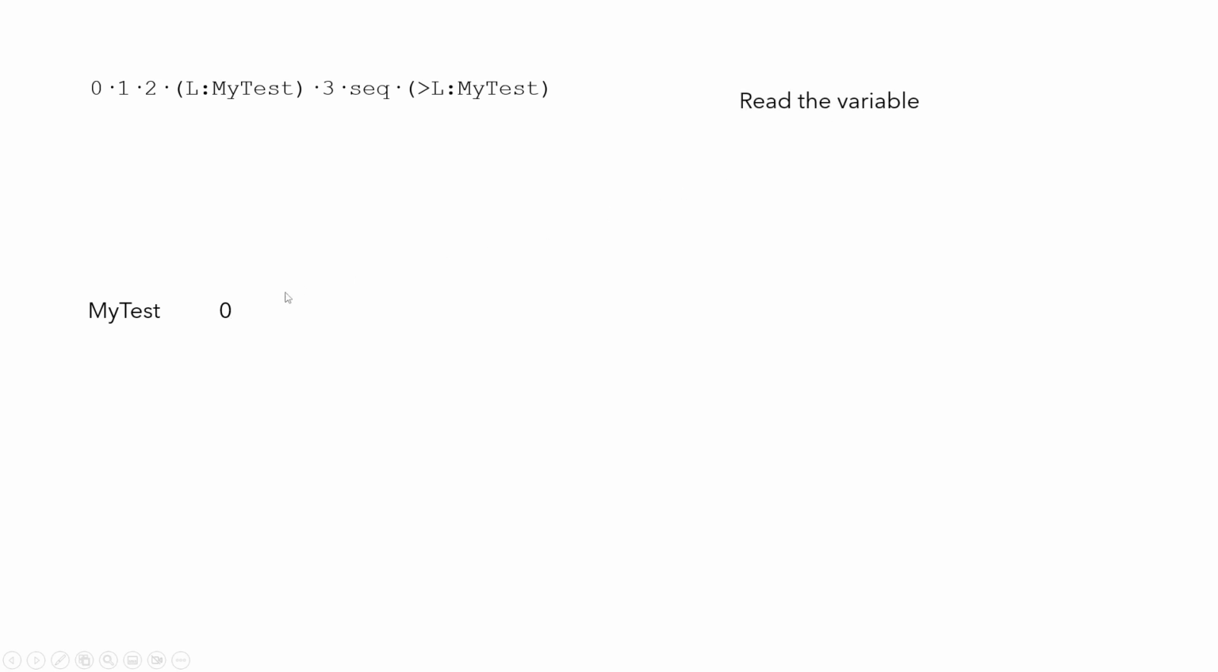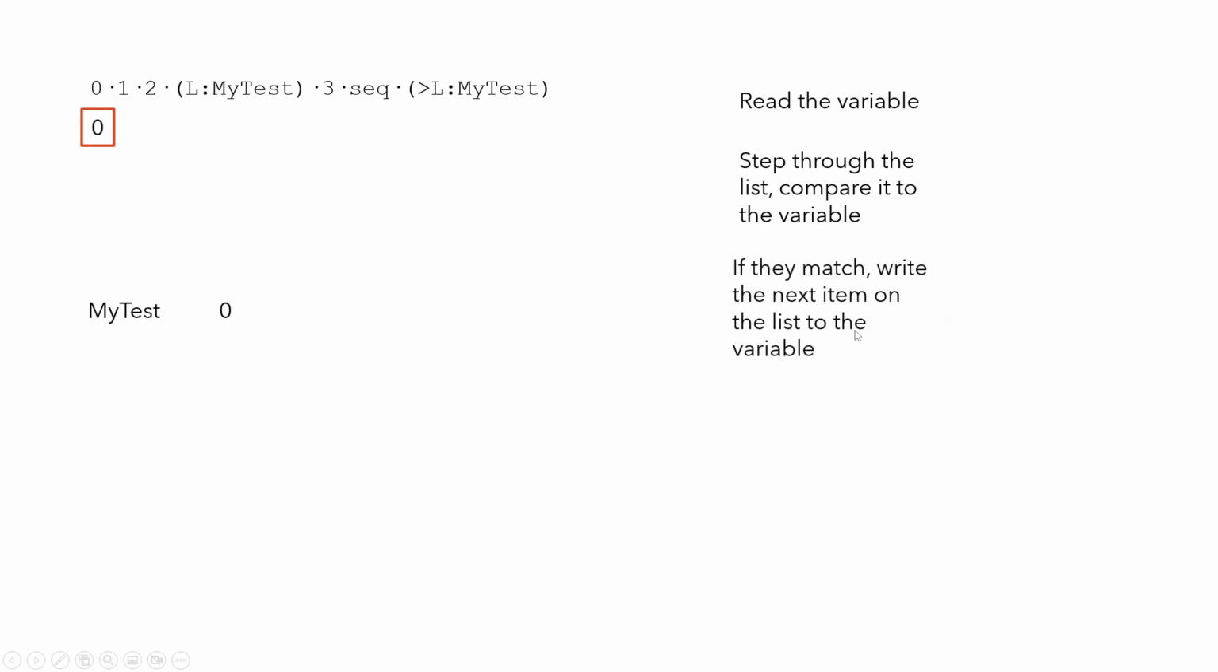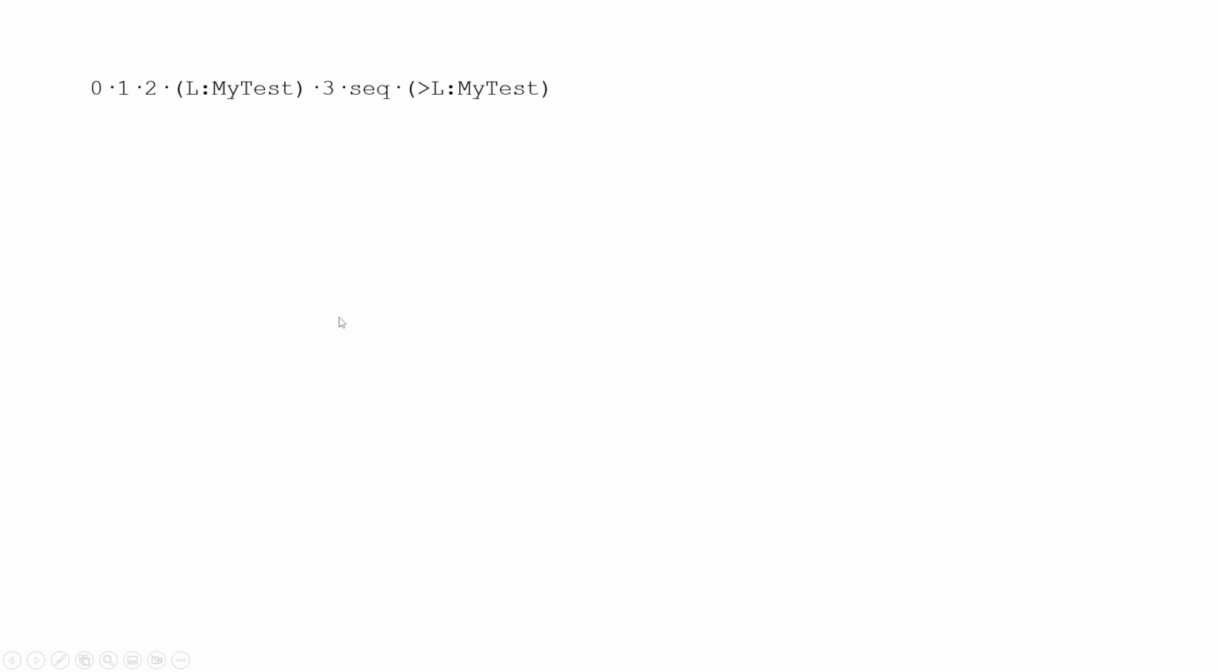So read the variable. It reads it. It's a 0. Now step through the list and compare the list to that variable. Do a comparison, and it finds straight away we've found a comparison. It matches. So the 0, 0 matches. If they match, write the next value back into this variable. So they match. That 1 will get written into here. The 0 becomes a 1. Next time we run it,